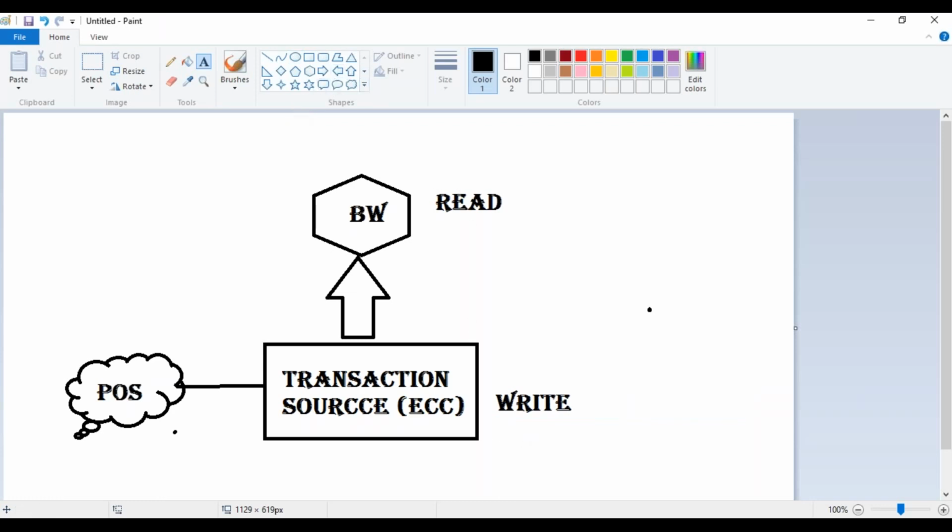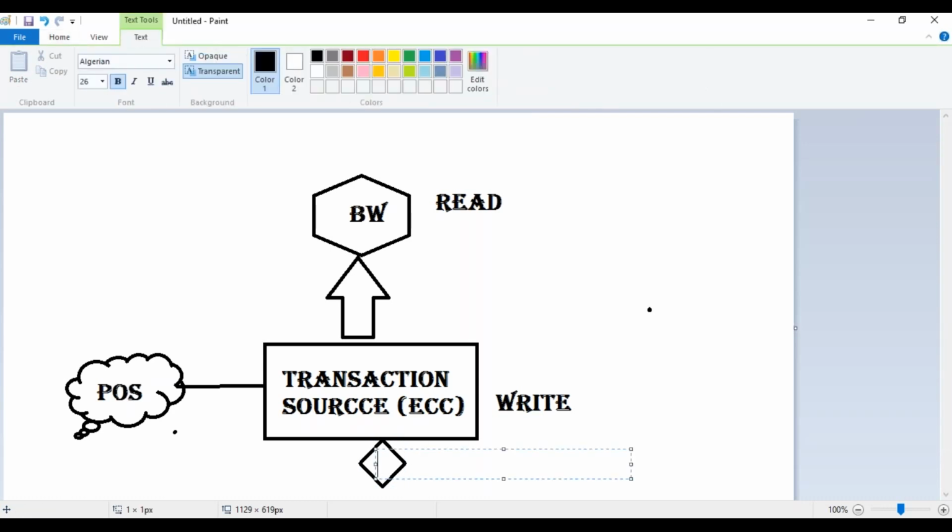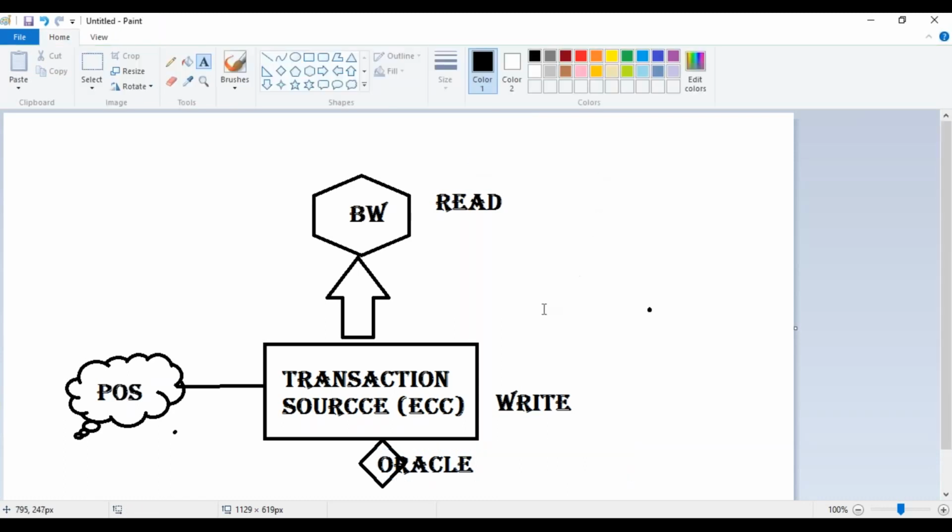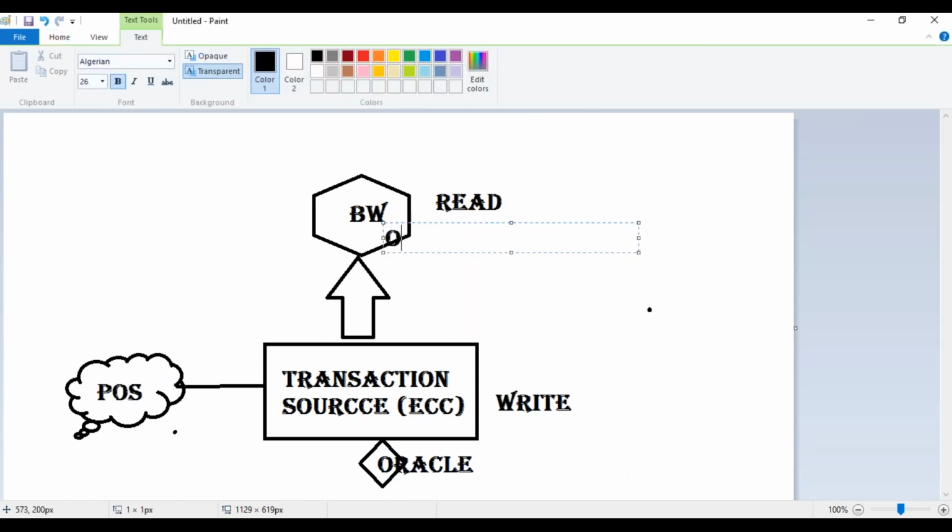And your ECC is also an application. It's not a database. It's an application. So it traditionally used to sit on some database like DB2 or an Oracle, and BW also sits on, let's say, an Oracle before HANA.